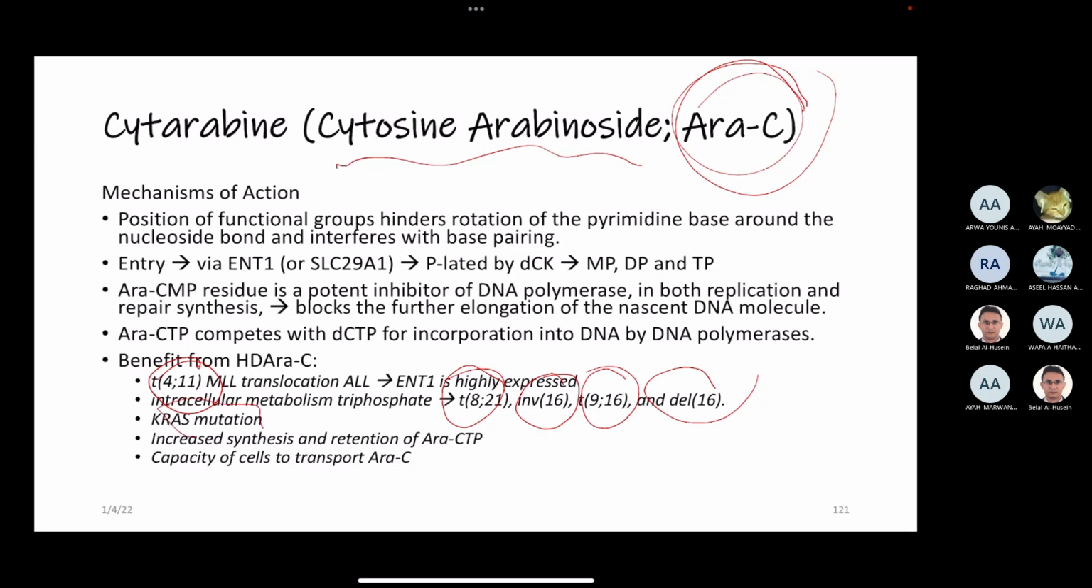And in addition to KRAS mutations. So all of those mutations are associated with increased intracellular concentrations of the drug. So those cancers with those mutations are highly sensitive to cytarabine or aracine. The drug is monophosphorylated by deoxycytidine kinase, then di and triphosphorylated, and then it incorporates into DNA or antagonizes DNA